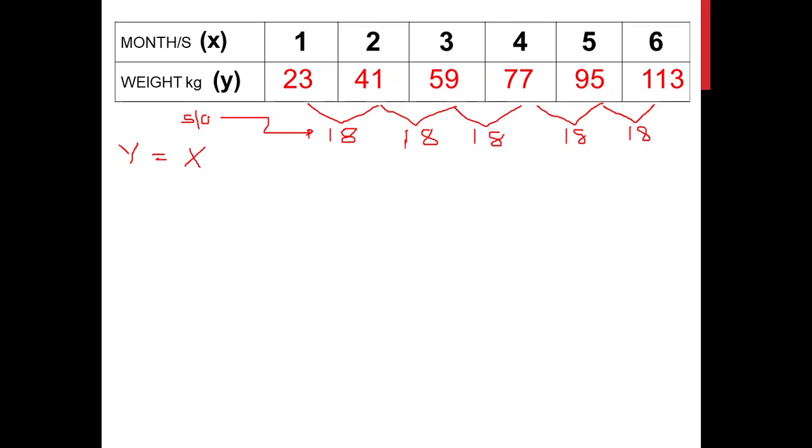Now let's go ahead and insert our slope into our initial equation. Now this becomes y equals, slope is the numerical coefficient of our first term, 18x. There. So let's try and substitute the values of x into our equation. So when x is equal to 1, that would be 1 times 18, y is equal to 18, but here y is equal to 23. So we still lack something.